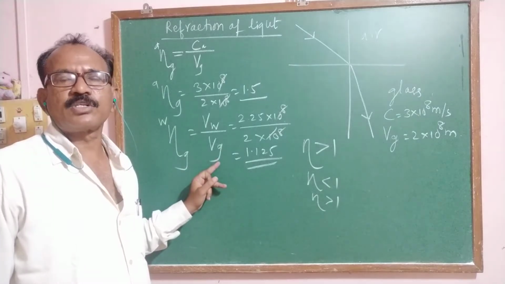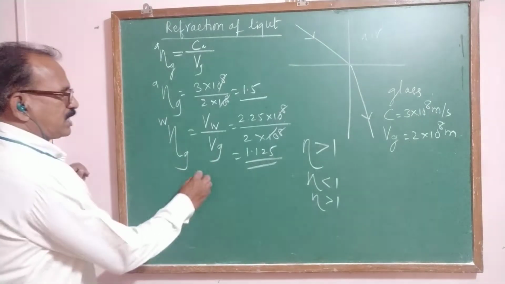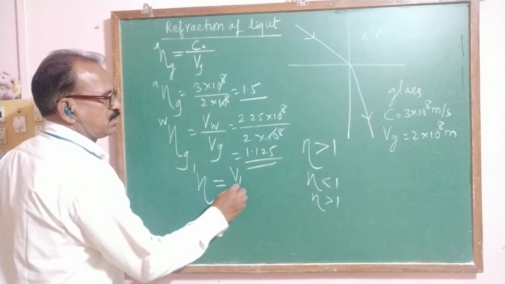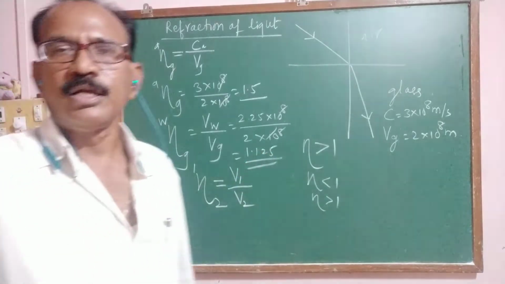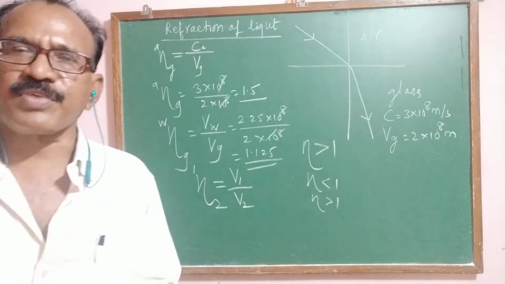Medium is what is called denser, at that time refractive index will be greater than 1. Means refractive index of second medium with respect to the first medium is equal to velocity of first medium to the velocity of the second medium. Okay. So all of you know that here the refractive index